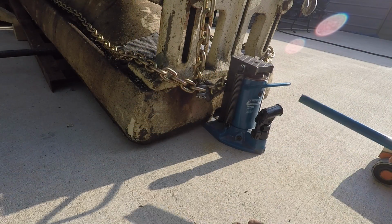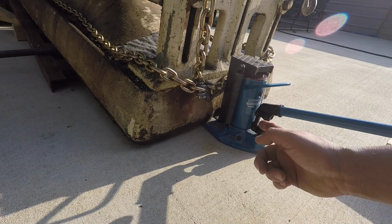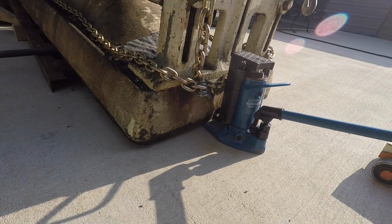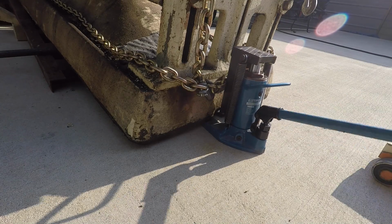Got the front of the machine just about here on the concrete. I had to put the toe jack in front of it so that I could make sure I could get under it. And what I'm going to do,